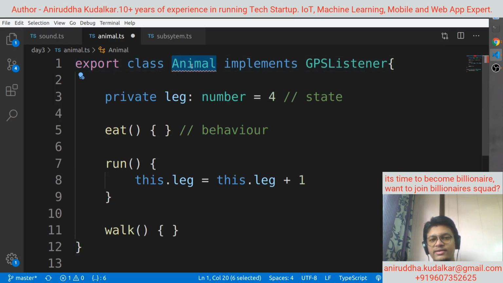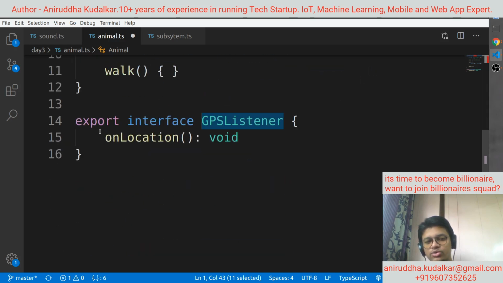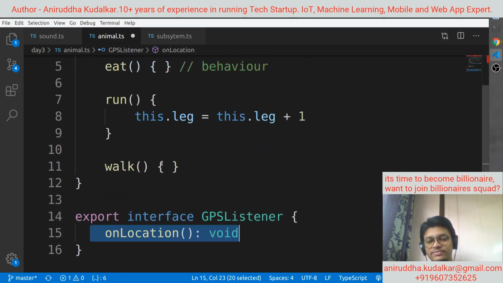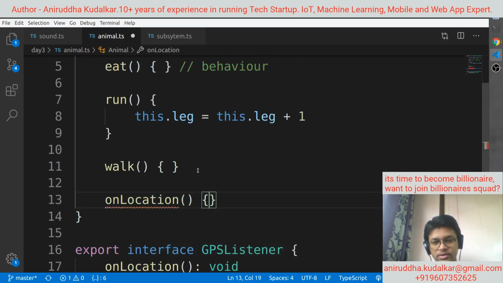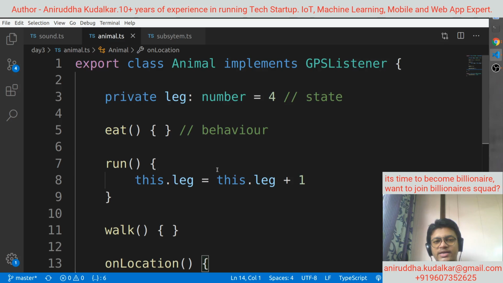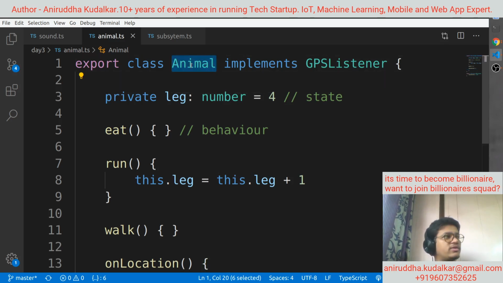Now you will see an error in red. It says that you are implementing the interface, so you need to provide an implementation of the method. This method is empty, so you can override the method onLocation like this. Now the error has been resolved.